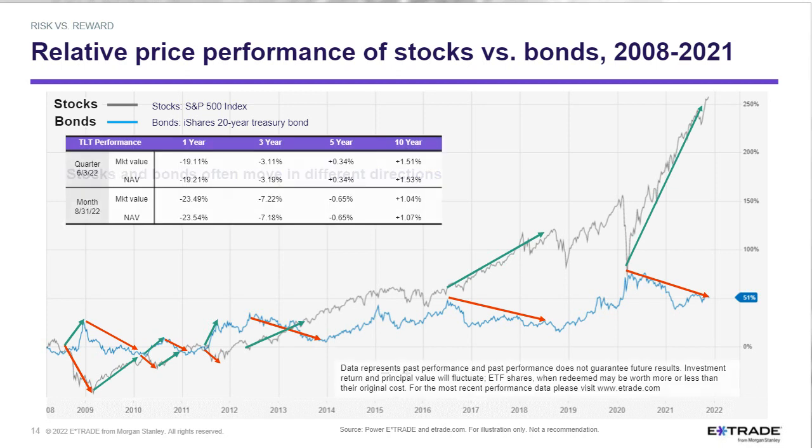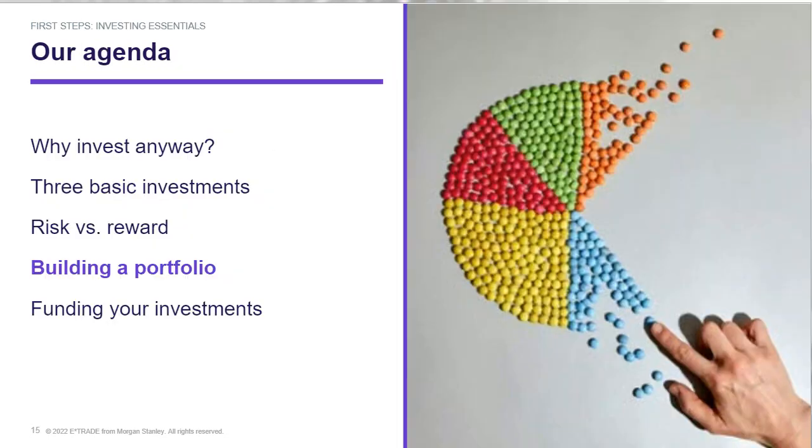Now, I've just put up the performance table here for the bond that I'm using here, not as any part of my point, just to make sure that because I'm showing the investments in an ETF, I'm showing the historical return, but it's not really an important part of our conversation. So now it's build a portfolio.